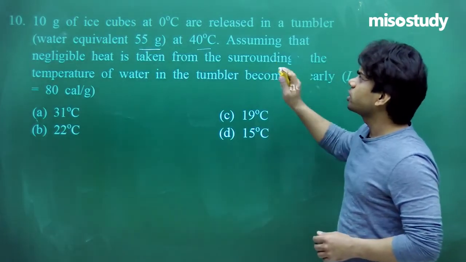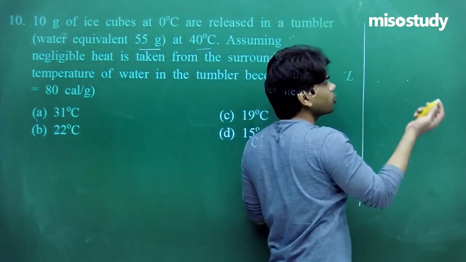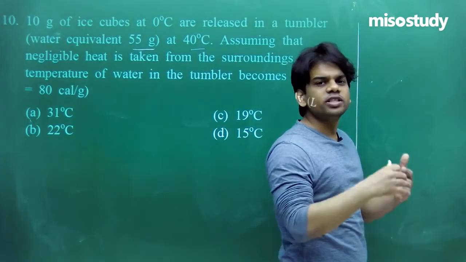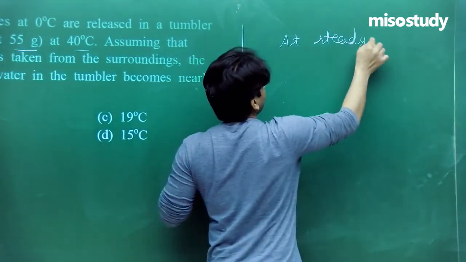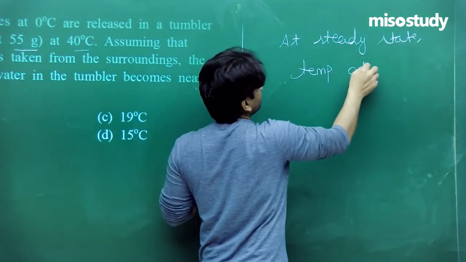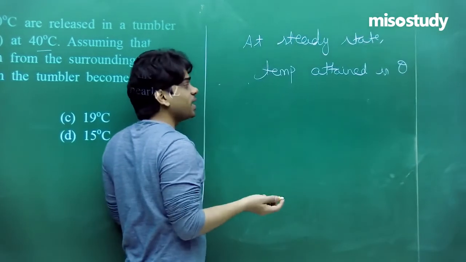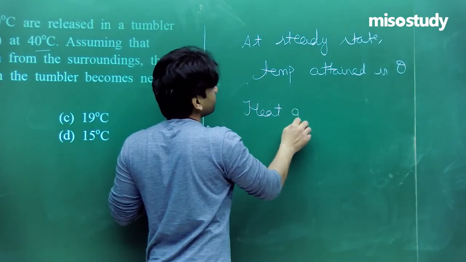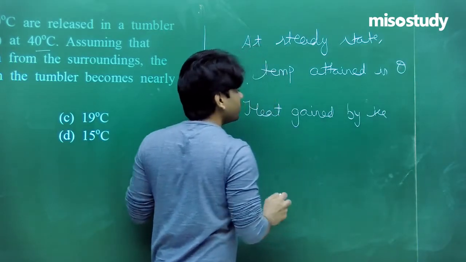10 grams of ice cubes at 0 degrees Celsius are released. So first of all, from the principle of calorimetry, we know that heat gained equals heat lost. When ice melts, let's say the equilibrium temperature, the final or steady state temperature attained is theta. So when ice melts and reaches the temperature theta, we will have heat gained by ice, this will be equal to